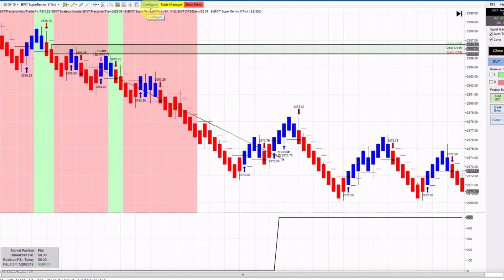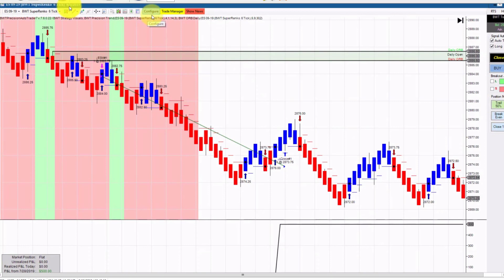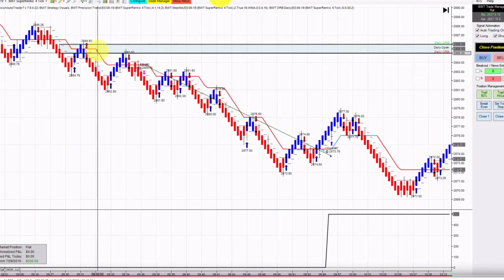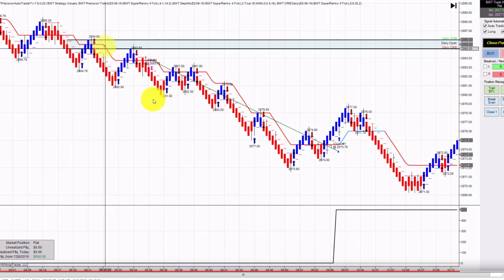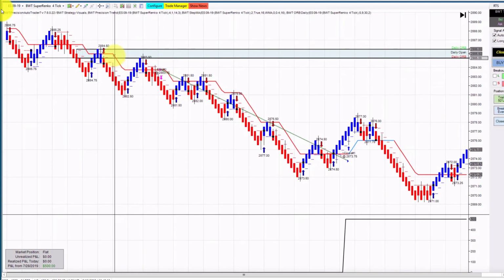Next we have the E-mini S&P on a Super Renko 6 tick chart. You can see the dates of the charts up here. This is from the 5th. In fact, the first 4 or 5 charts are from the 5th. Once again, this setup right here, right off the open, just beautiful setup. Here's another one. Here we can see the time right off the open. This is the E-mini S&P on a Super Renko 4 tick,